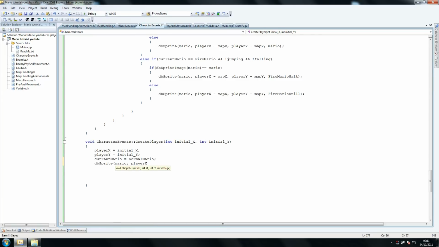Player X, player Y. So this doesn't really matter, because as soon as you spawn him, it gets updated in the Mario's physics, which we will do in a little bit. db set sprite. Now, what I believe this does, I had to do this quite a while ago. I'm not too sure, but what I think this does is this makes